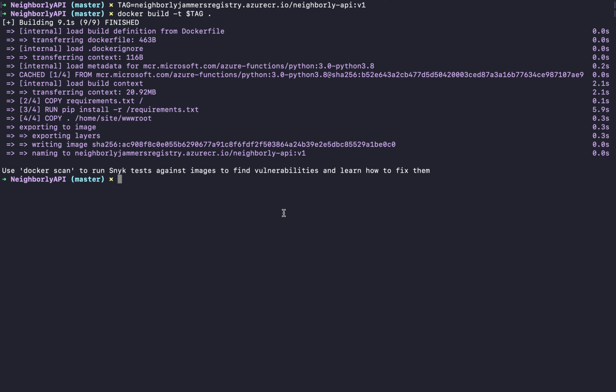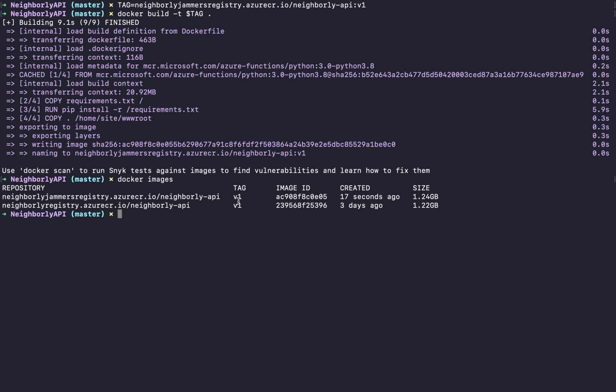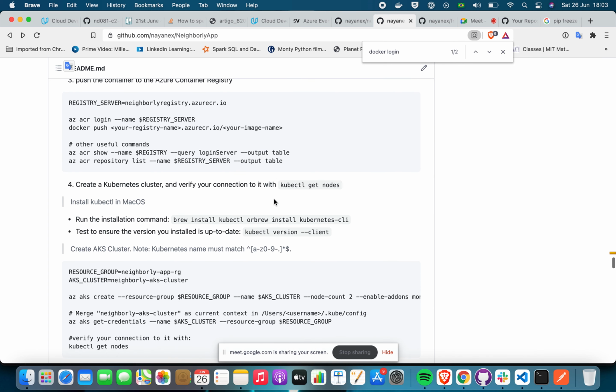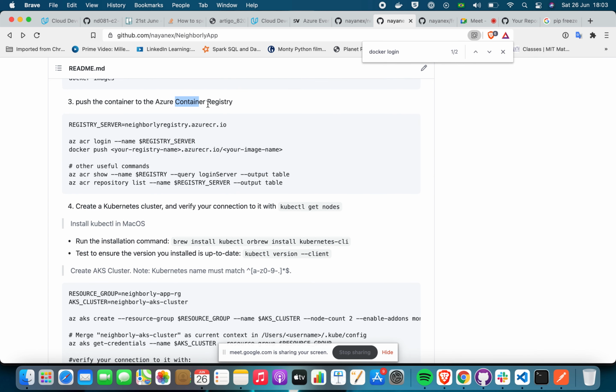And then in the end, we can see that it worked by listing our images using docker images. And you can see we have an image called neighbourly azurecr.io neighbourly-api with this version. Okay, and then now let's push this image to the container registry. So if you want to share it with anyone else, this person can download that image. So we already logged in. Then we just do docker push,